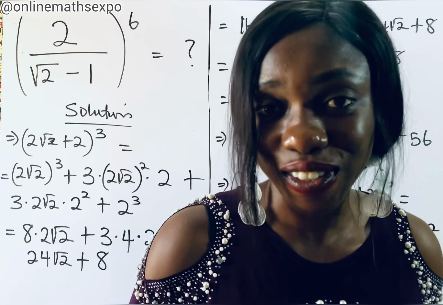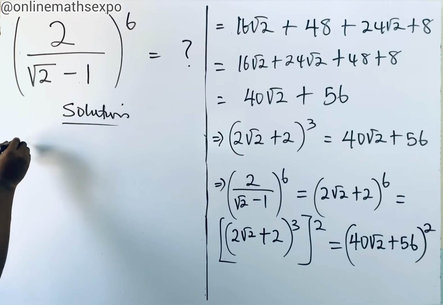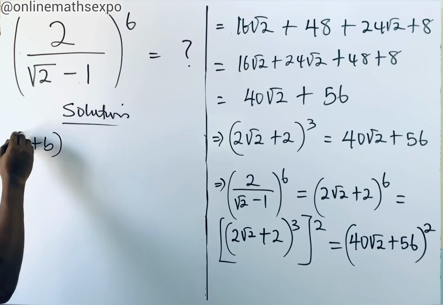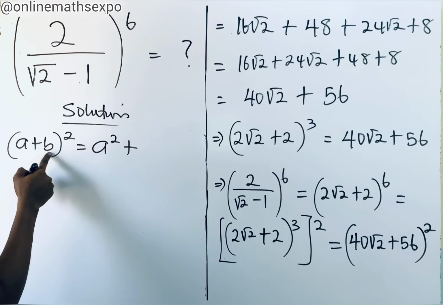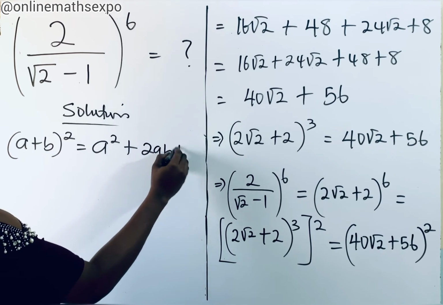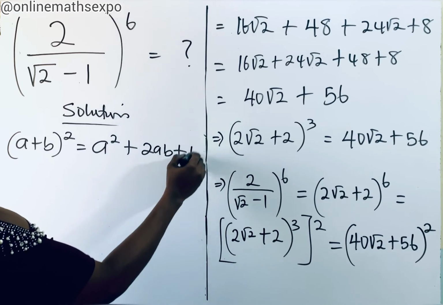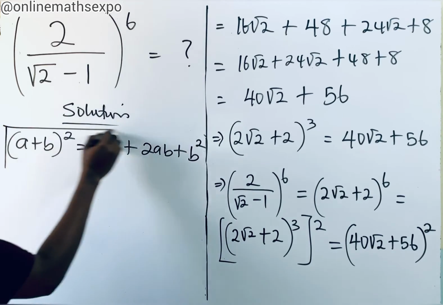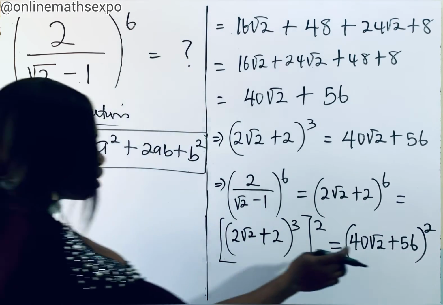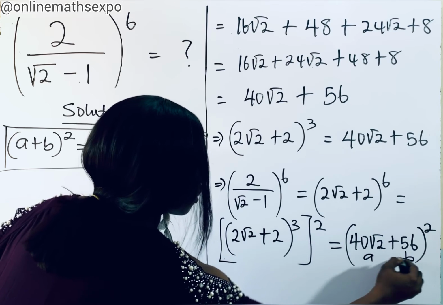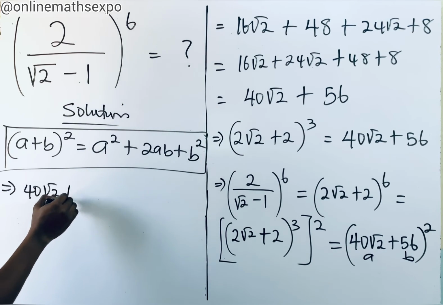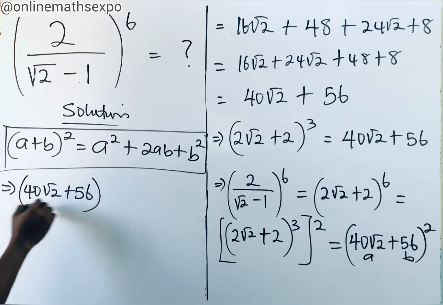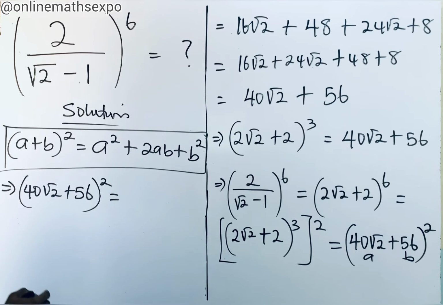Let's continue. Simplifying this, just remember that for every a plus b to the power of 2, it is a squared plus 2 times a times b, then your b will be squared. So this is going to help us in simplifying this. So this is our a and this is b. So we're going to have 40 root 2 plus 56 to the power of 2